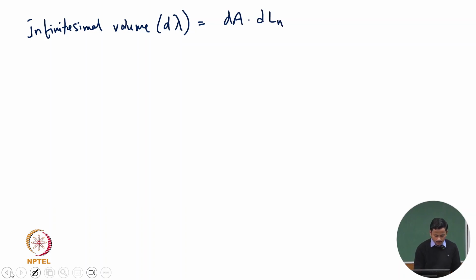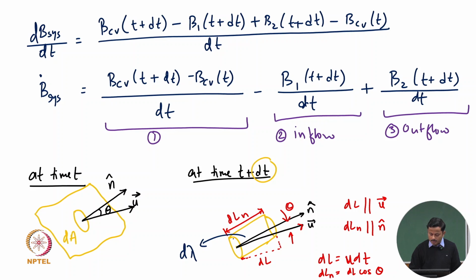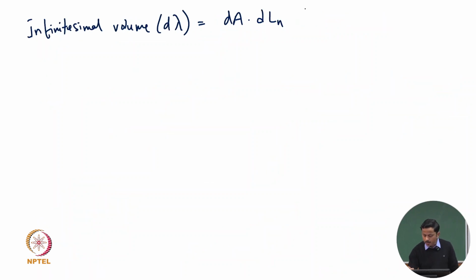This is how the cylinder volume is: the area times the length. The perpendicular length is dln. Now this is equal to dA times dl cos theta, because dln is dl cos theta by simple trigonometric relations, and this is equal to